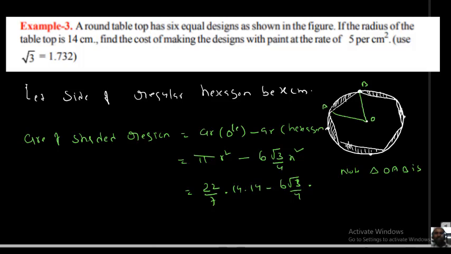We can prove it. All 6 segments are equal. This angle is theta, theta, theta. Total 6 thetas, 6 theta equals 360, so theta equals 60. This is 60. Already these two are equal, so 2x equals 120, x should be 60. All are equilateral triangles only. That's why note OAB is an equilateral.